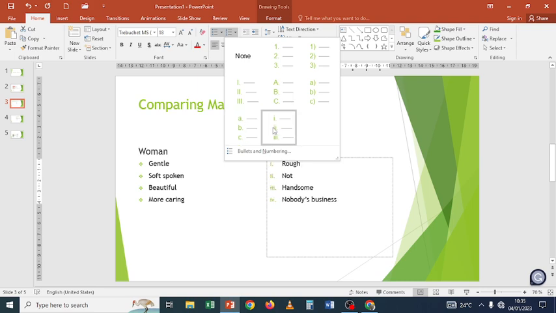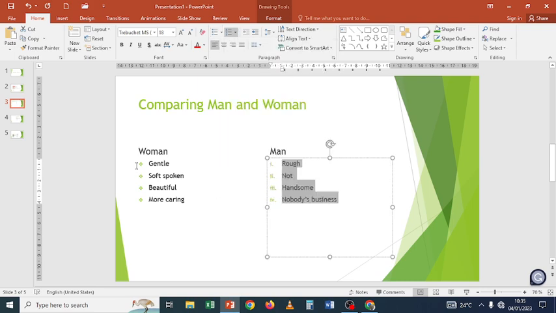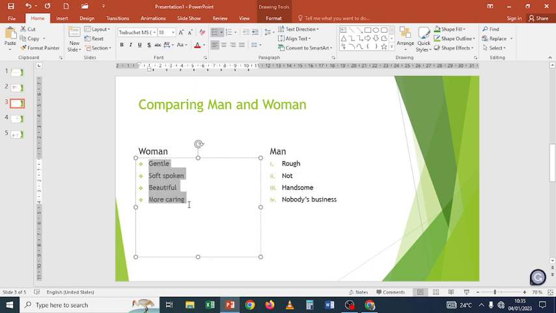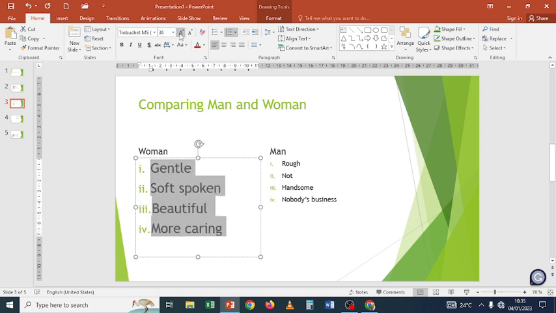But it would not be good because we are comparing. So even this one should be in the same format because of the comparison. Let's use the same format, so that number one matches with number one on the other side. Then after selecting, remember I told you that you can increase the font size as I've increased there. Now if I want to increase this font size with this one in the same style,